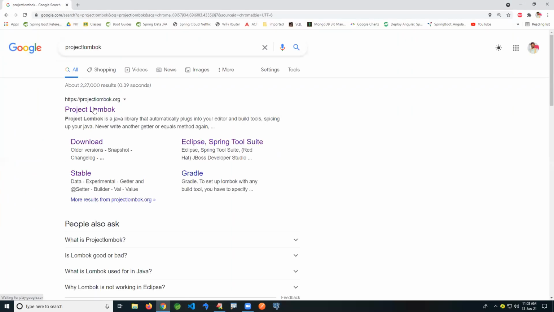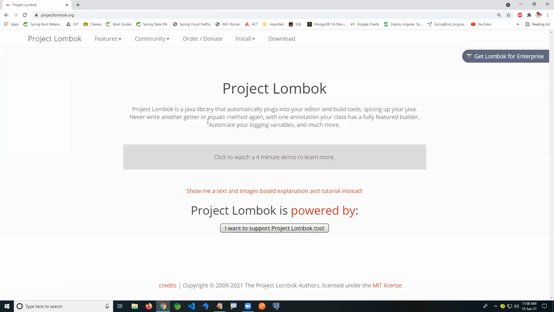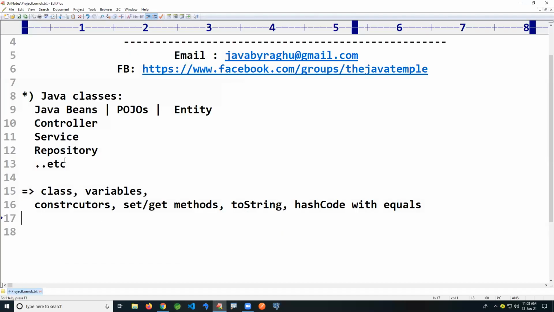You can go to the official Project Lombok website. It's a Java library, so you can add it to your projects or your IDEs, and that will reduce your manual work for this code generation. How to work with Project Lombok, I'm going to show here.